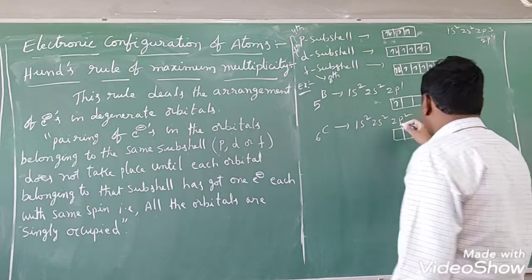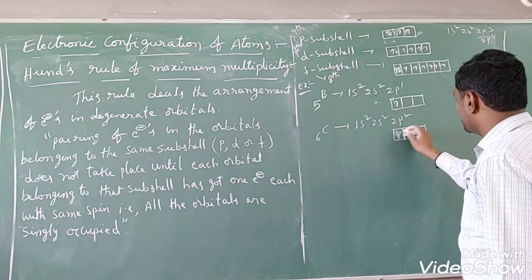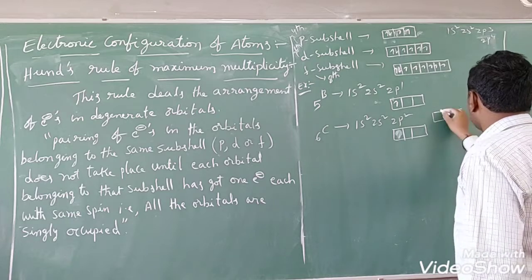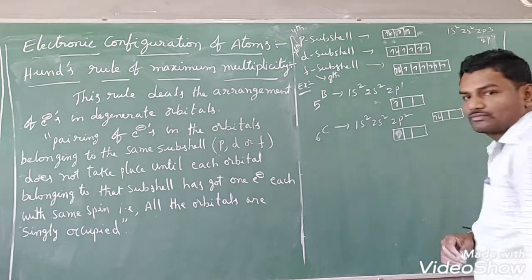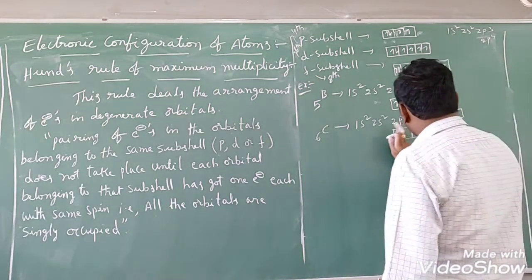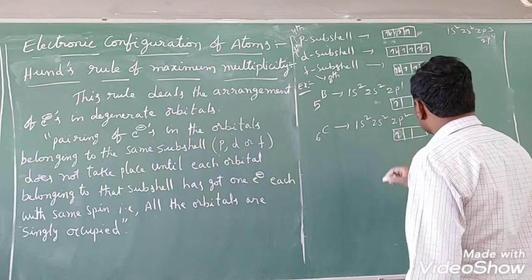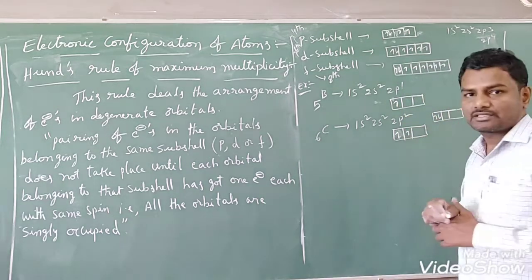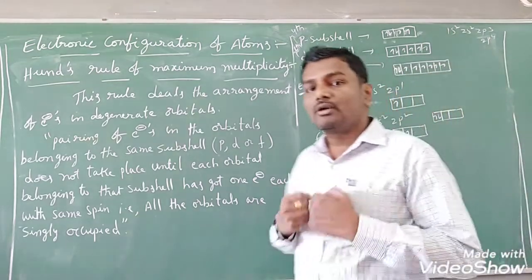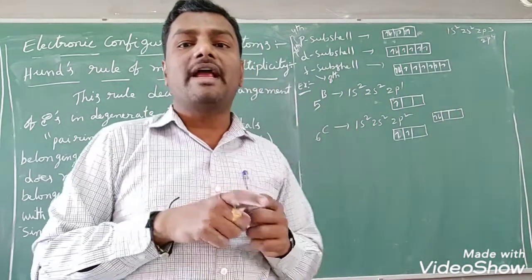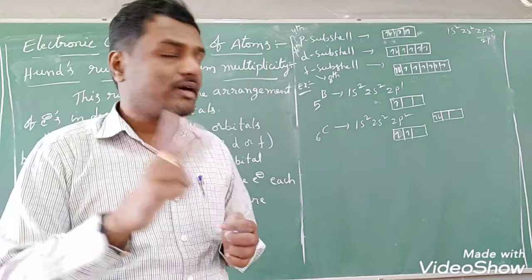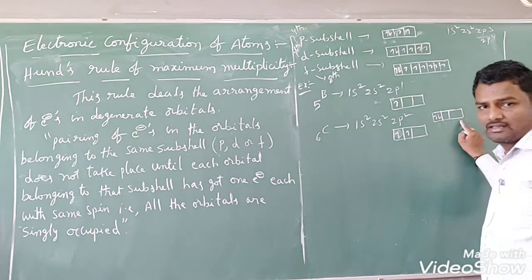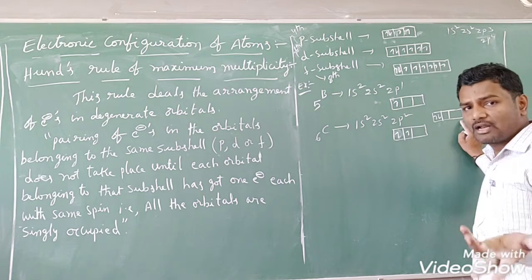2p2. The next electron. One electron means we can enter easily. But the next electron, some of the students may fill the electrons like this also. Some of the students may fill like this. But very few students will be able to fill the electrons like this. Because according to our rule, the maximum number of electrons that can be accommodated in each orbital is how many? 2 electrons. So first they will fill their 2 electrons here and then next here, next here. The students may follow that also.